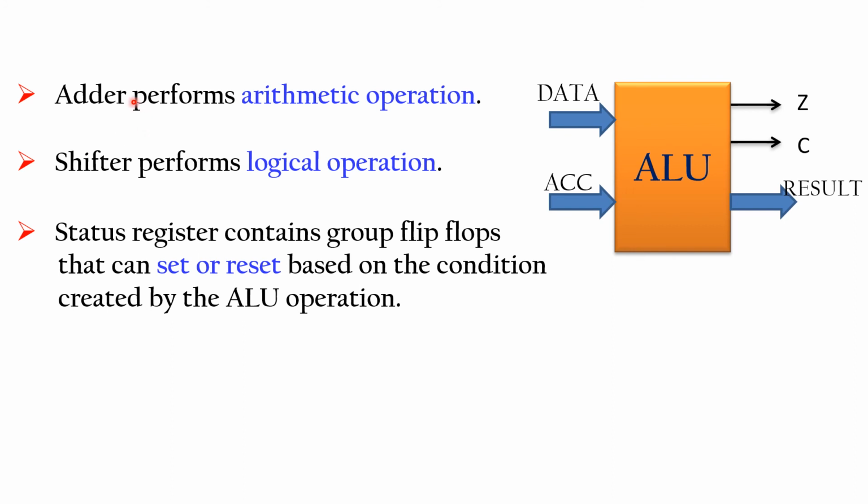The binary adder performs arithmetic operations like addition, subtraction, increment and decrement. What do you mean by increment? To increase a register by 1. So if you want to increase the value by 1, you use an increment, and if you want to decrease the value by 1, you can use decrement instructions, right? The result is fed to the accumulator via the internal bus. Again the result is stored in the accumulator. So this is nothing but the adder.